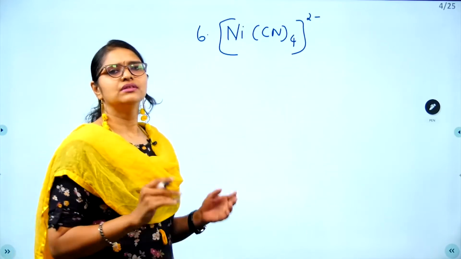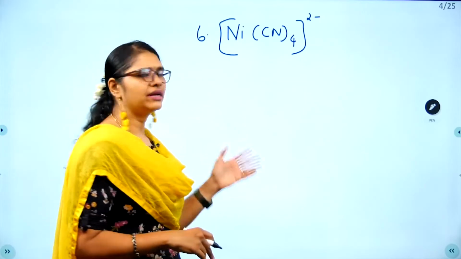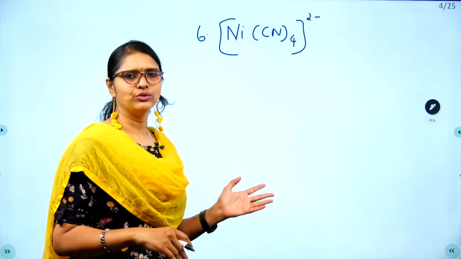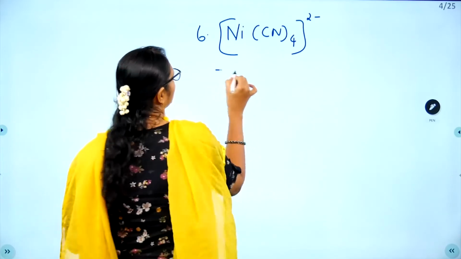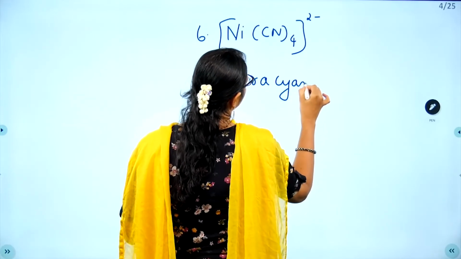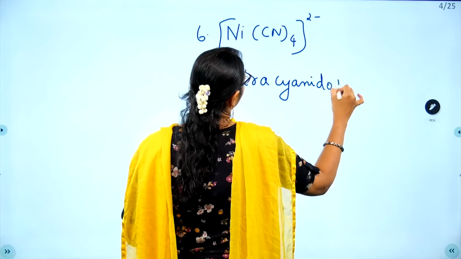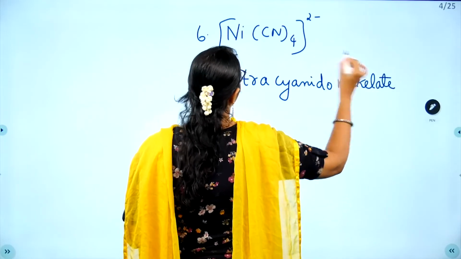So this is the next complex. So how to name this complex? Tetra cyanido. Okay, it is cyanido because CN. So tetra cyanido nickelate. Why nickelate? The charge on the complex is negative. So nickelate,